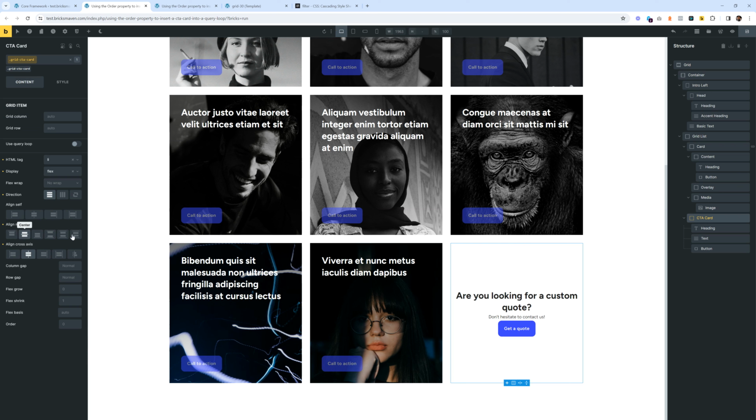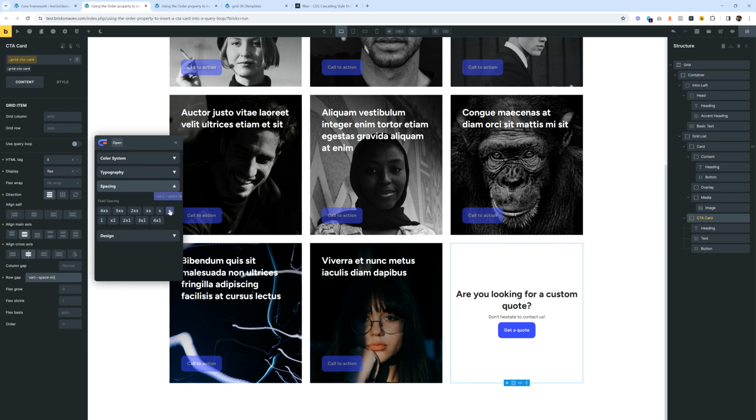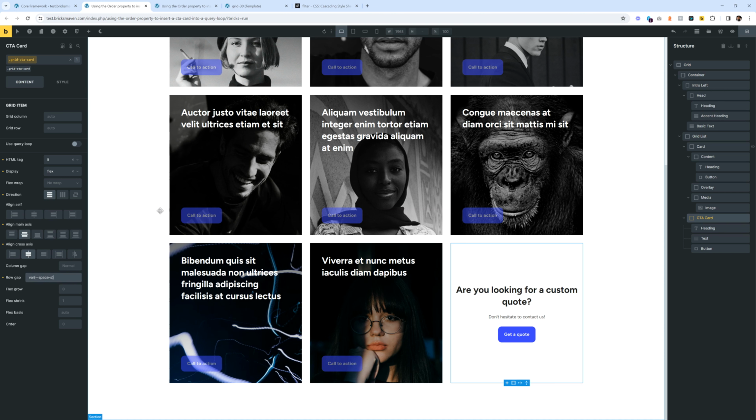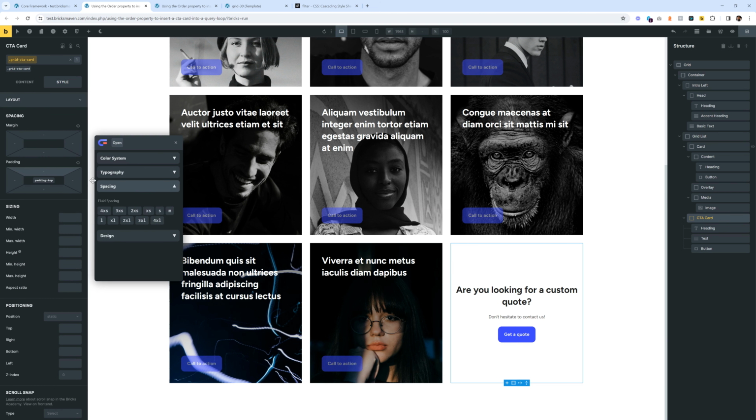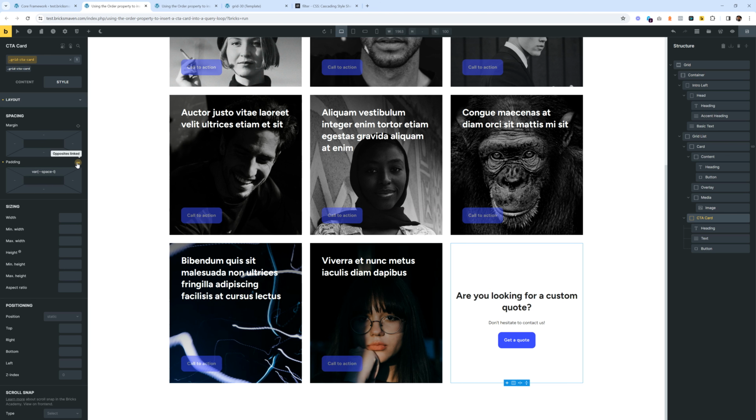Alignment axis, also center this. I will add a gap. It's a little bit much. This is okay. And I will also add a padding of L, I think the same as the cards on top. So we get this,